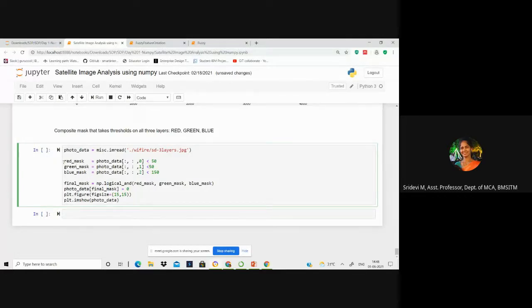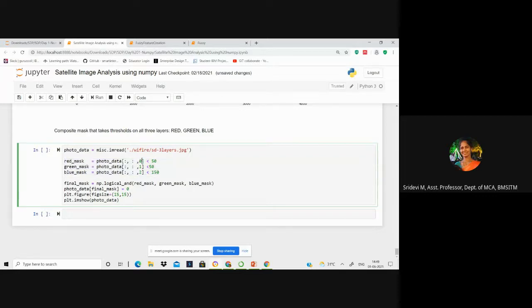In this case you want to allow only high intensities of blue. So here you're creating 3 filters, 3 masks.